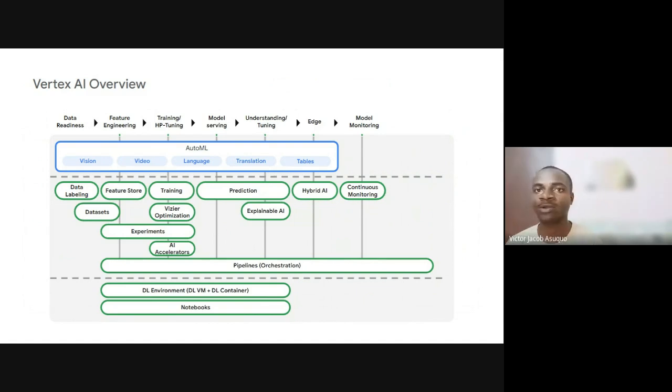It brings all these things into one place where you can write code to orchestrate your pipelines, including prediction, hybrid AI, continuous monitoring, and explainable AI. These are all tools available on Vertex AI. We can all check it out so that you don't just end up building applications sitting down in Jupyter Notebook.